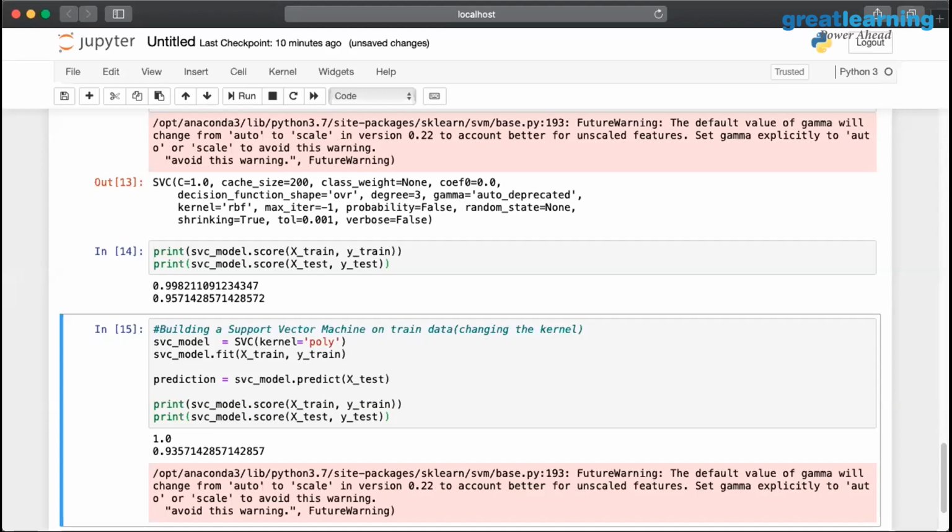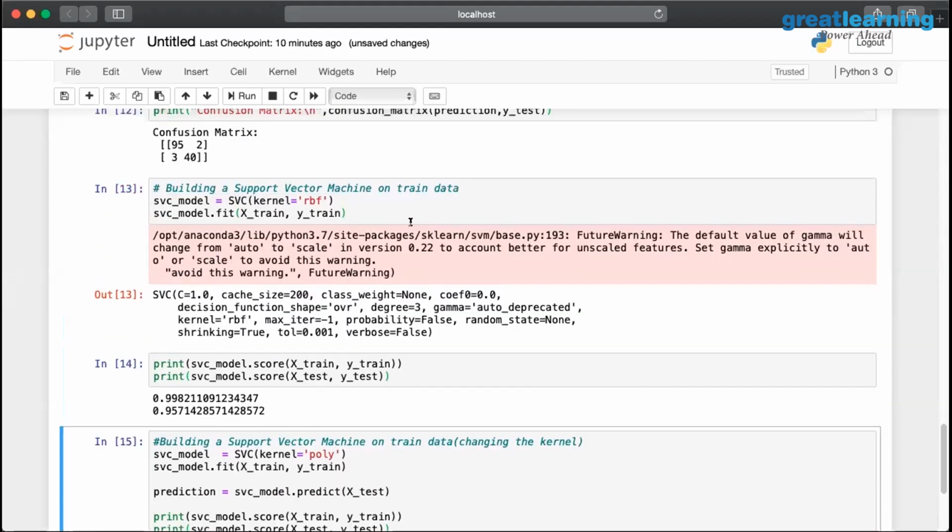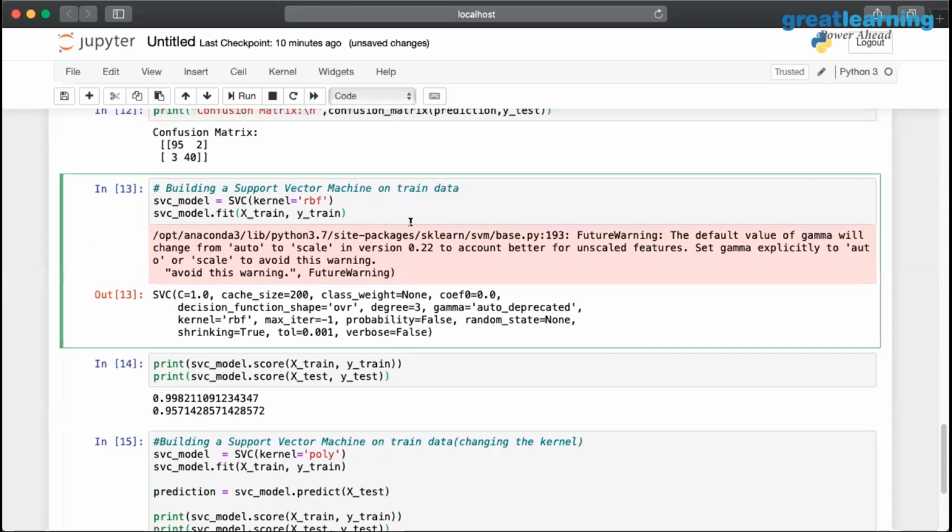Shyam, just a question on the previous step. So right now we are comparing the trained data accuracy versus the test data, right? But in real time, is it a good practice to do that? Okay. So right, let me put this point forth, sir.